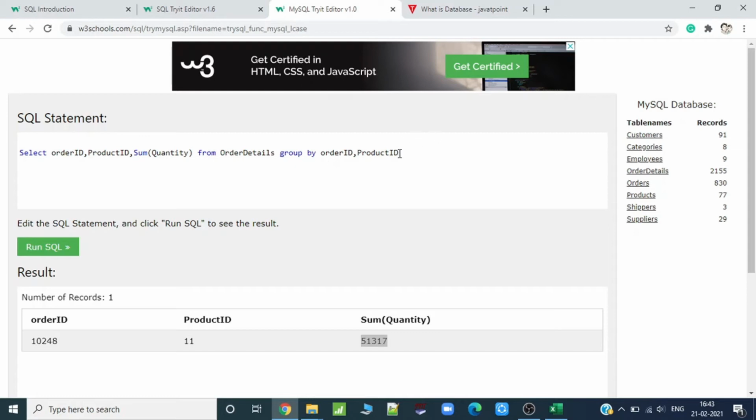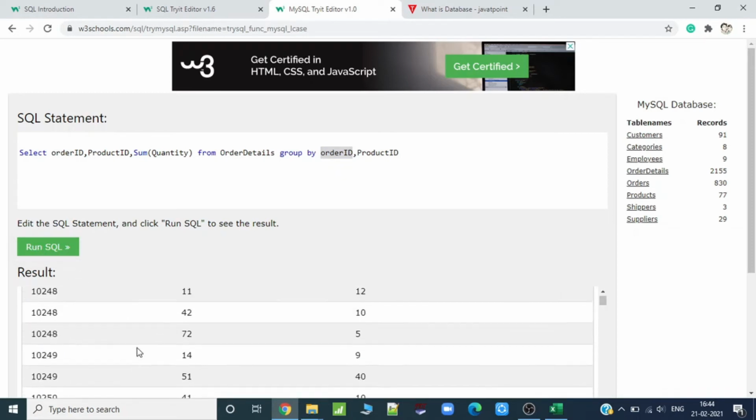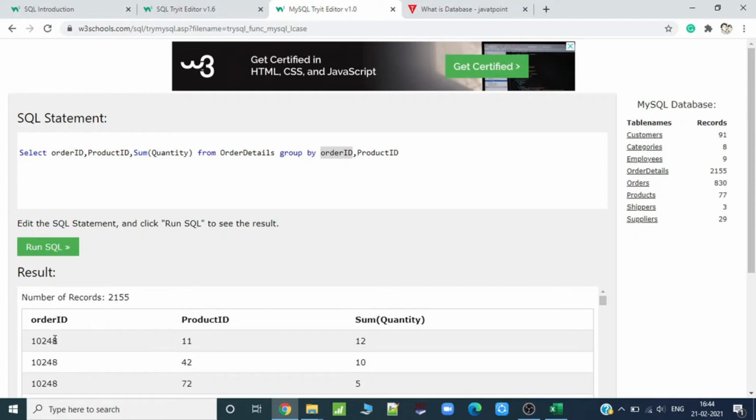So now it makes a group combining both. So if product ID is 11, order ID is 10248 and 10247. So it will now be in two different groups. Order ID 10247, 11 and 10248, 11. And according to that group, the sum of quantities will be printed outside. If I just run this, you can see order ID 10248, product 11, order by product ID.